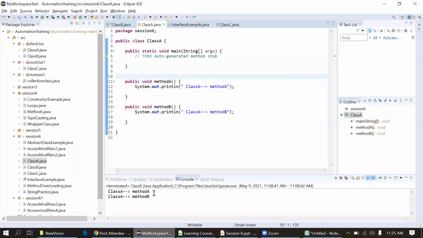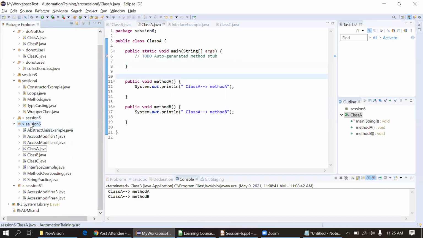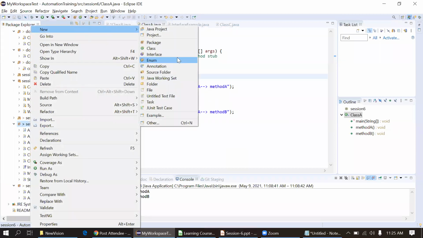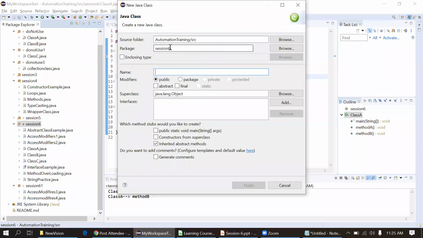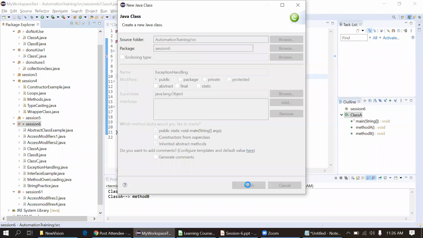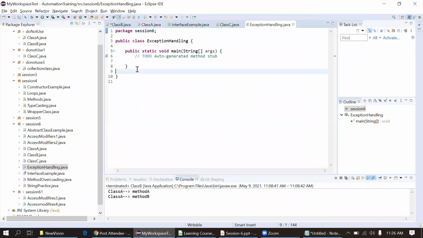I'm just writing the code for the try catch block now. Exception handling. I'm writing one method again, method A. It's my habit to give the method this name only.